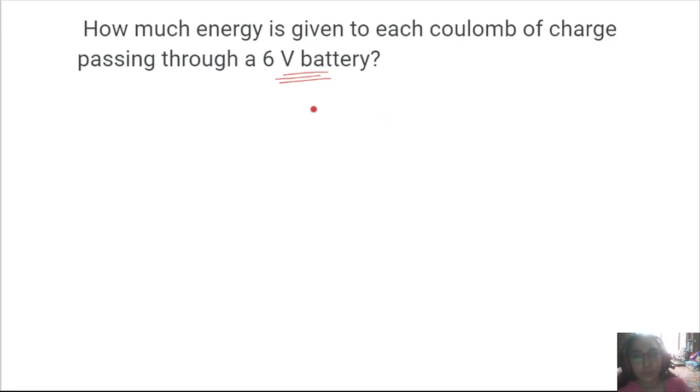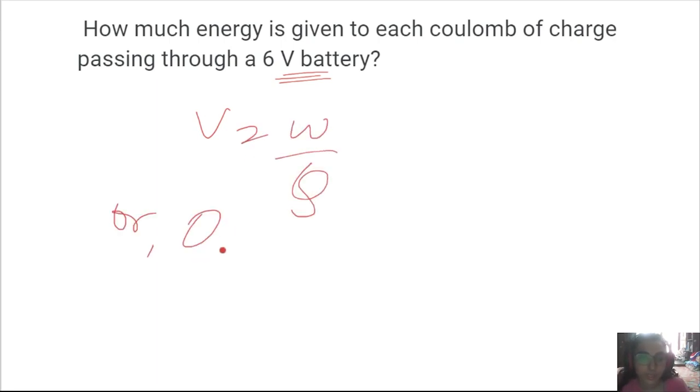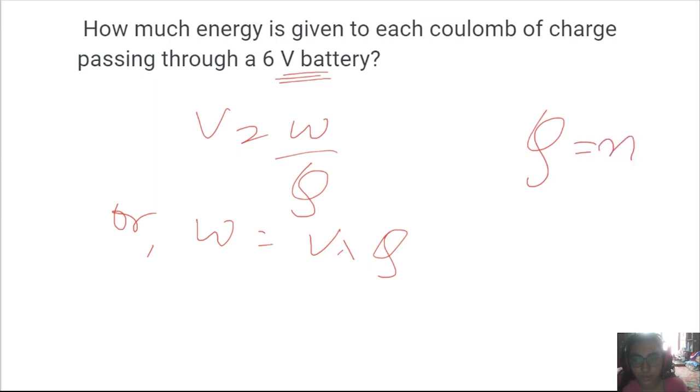Okay, so what we have here is the potential difference between the circuit. So we know that V equals W by Q, or W equals V into Q, and we know Q equals nE. So this is not required for now. For now, what we have to understand is that W is here referred to as the energy that is given to each coulomb of charge, and